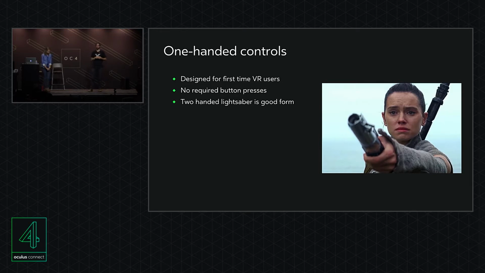Central to the design of Trials on Tatooine was that it was a lot of people's first-time VR experience. So we wanted to make the controls very simple. It's a one-handed experience. There's no required button presses on the controller. And this also was nice because your classic lightsaber technique involves two hands, so we wanted people to fulfill that fantasy. But this also has really good, interesting side effects: at Celebration we had someone with a cane come through, so one of their hands was taken by the cane, but they were still able to experience Trials on Tatooine. Or people with crutches, or people with limited mobility in one of their hands, were still able to comfortably play Trials on Tatooine.